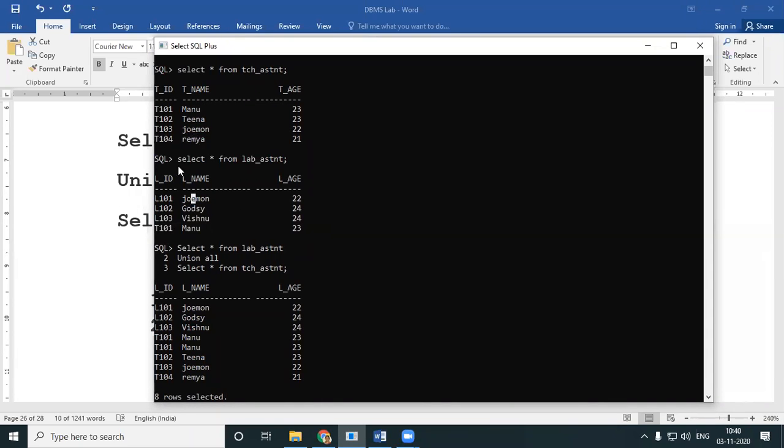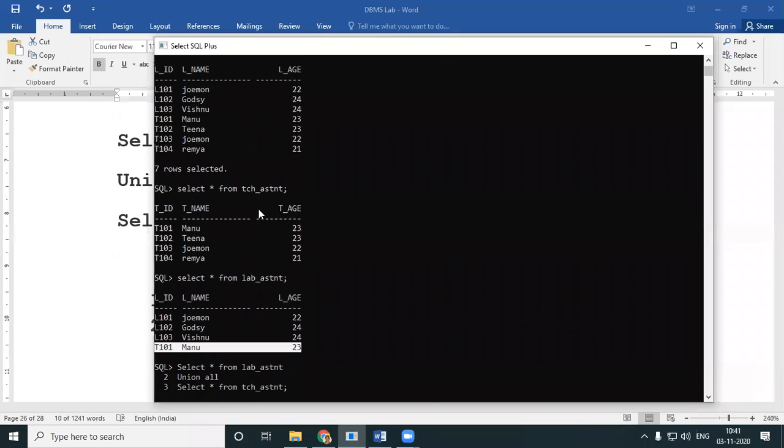Even though I have Jomon over here, it is T103 over here and L103 there. Because I've given a star, they do not treat T103 Jomon and L101 Jomon as the same. They are treated differently. But T101 Manu, 23, and again the same T101 Manu, 23, the details are exactly the same.